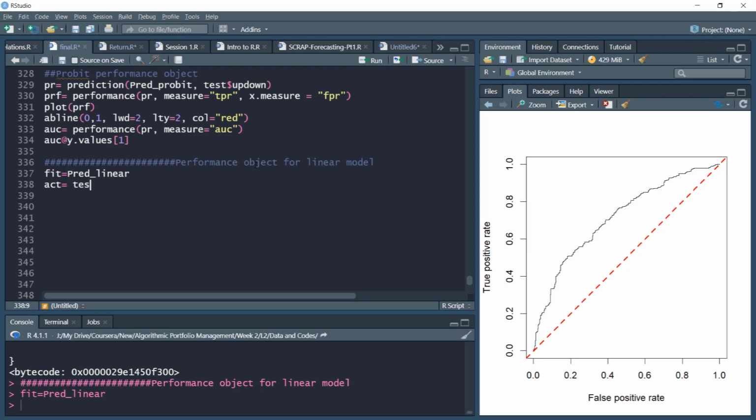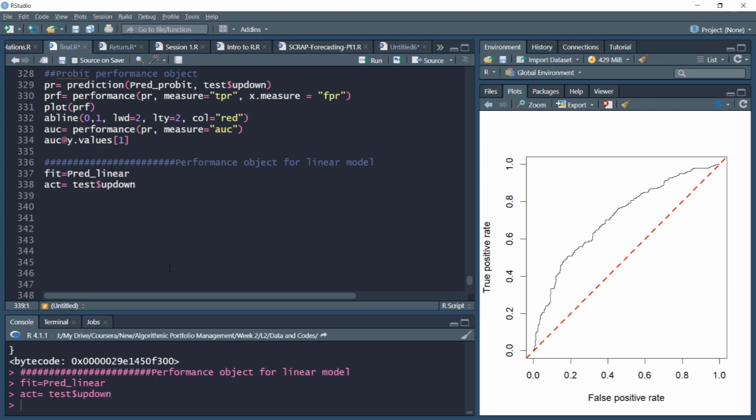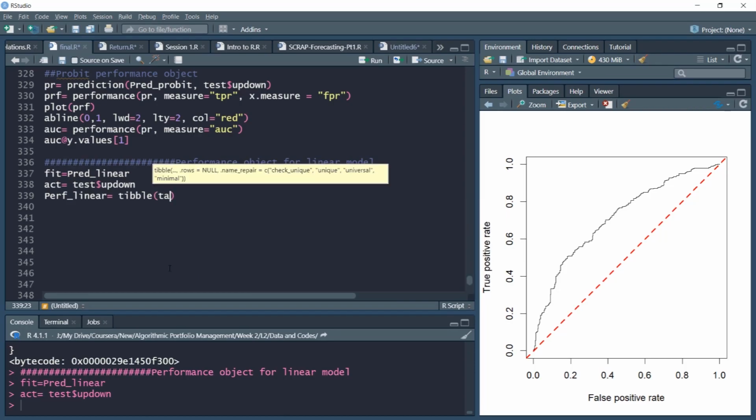These are our actual values, test dollar. These are actual values, and then our performance object, let's use the name performance linear. We'll keep the same name, and we'll assign a table, which is nothing but a sort of data frame object. Tau will be a sequence.